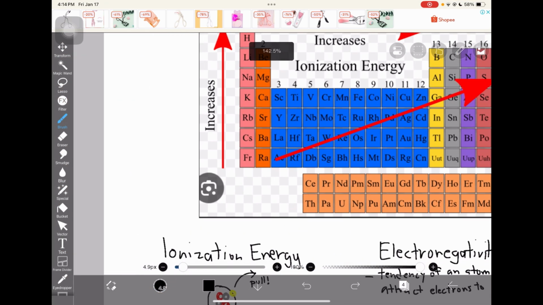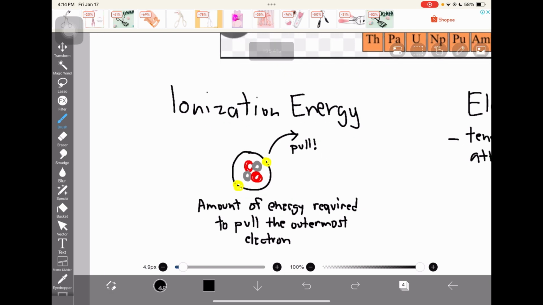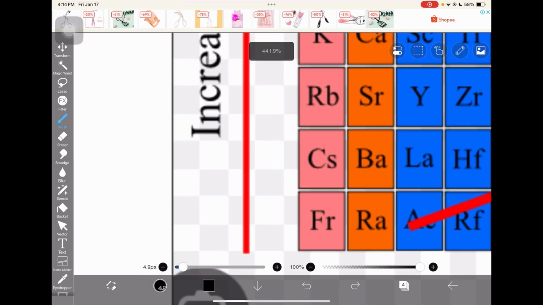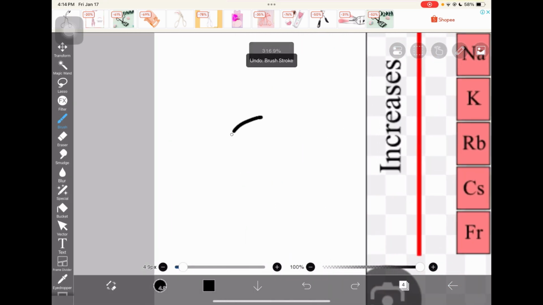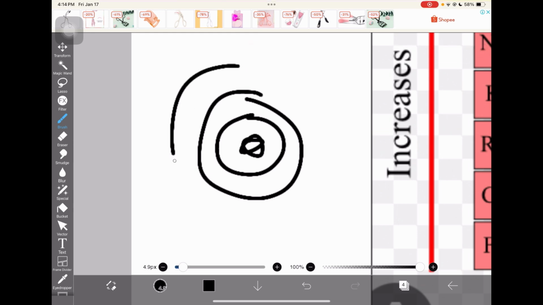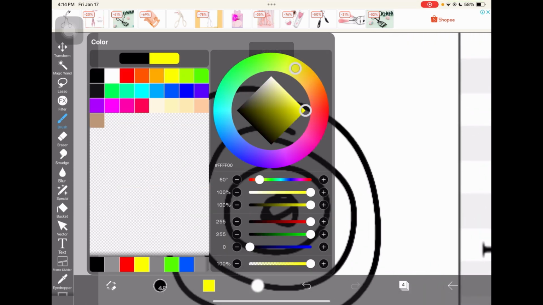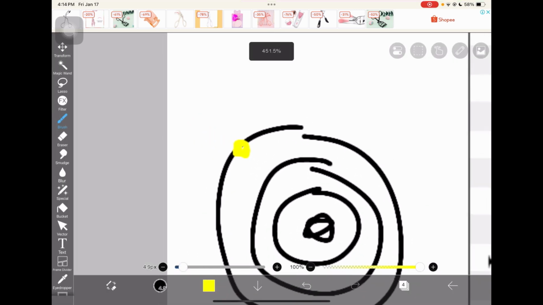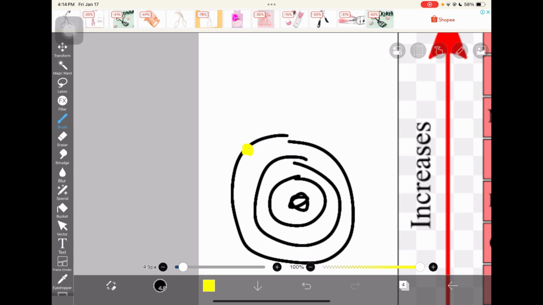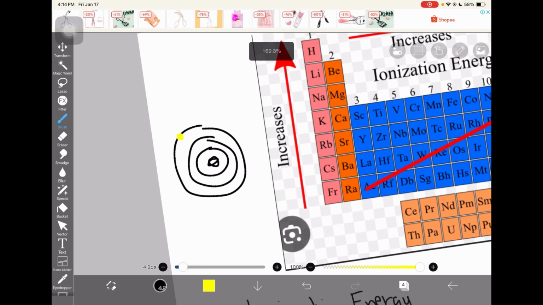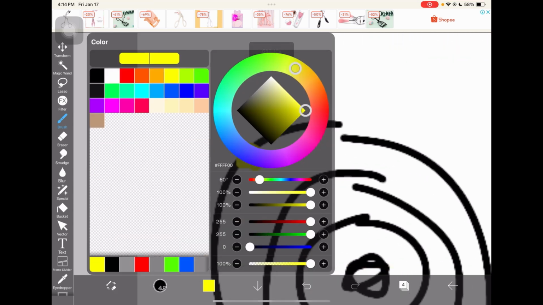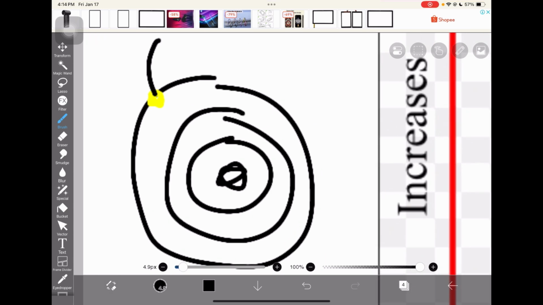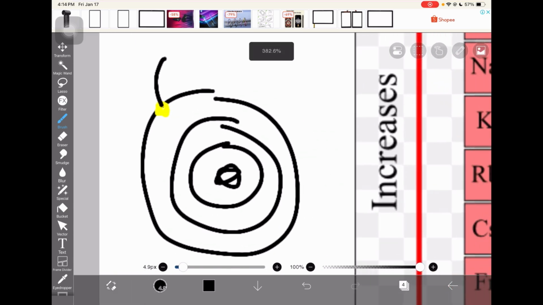But why is this the case then? Why does it take less energy to pull out, let's say, something from cesium? Well, cesium is so far that it actually has like 6 energy levels. So we have the nucleus and like 6 energy levels. Once you have so many electrons, you can't really hold on to them. It requires less energy to pull this one out because there's so many electrons and so many energy levels that the nucleus is trying to attract, but it just can't hold on to them